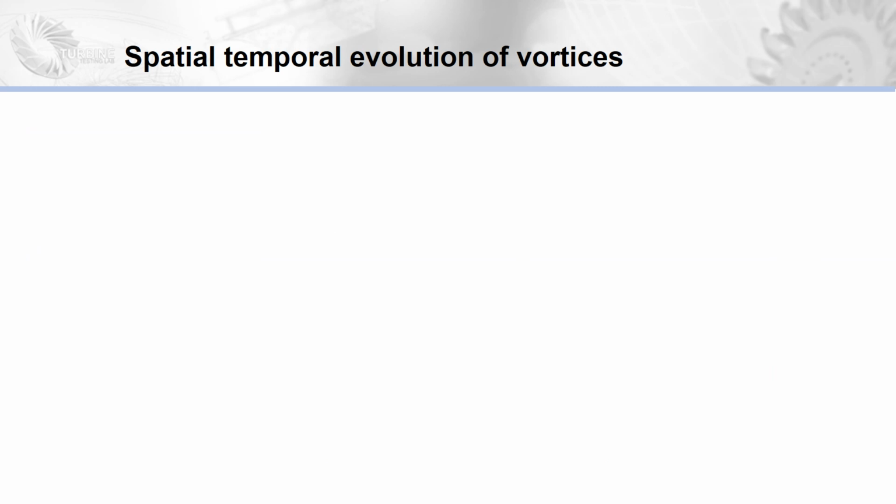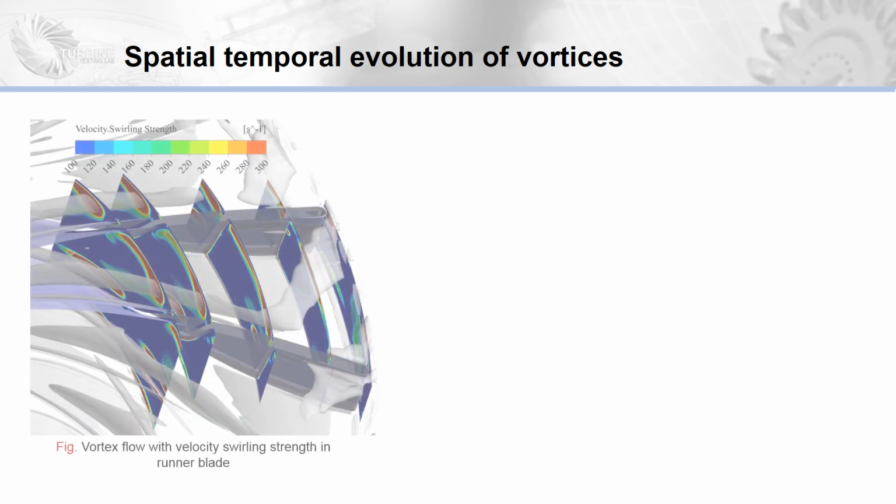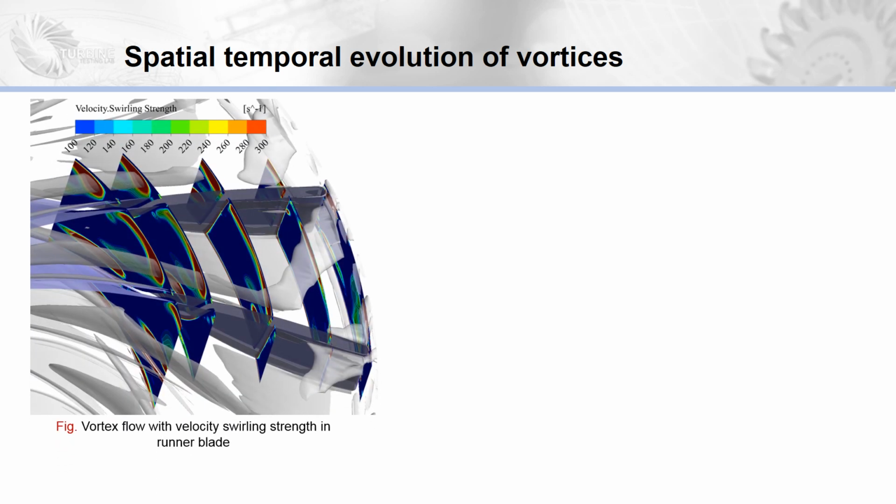Now let me discuss in more detail the time-space evolution of the vortices. In the figure, the vortex pattern traveling from the stationary guide vane domain towards the runner after the fifth complete revolution of the runner is shown. As shown in the figure, the tip leakage vortex traveling from the guide vane clearance gaps is divided into the primary leakage vortex and the secondary leakage vortex. The primary leakage vortex originates from the mid-span of the clearance gap and travels towards the rotating runner.